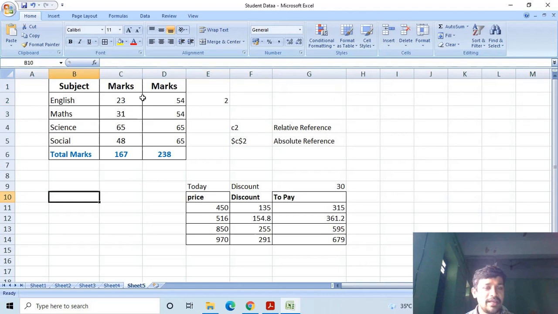Now the count function counted the cells in the C2 to D2 range, and it gives the result 2. In these two cells there are two values: in cell C2 a value is there, in D2 a value is there. It is counting the values.